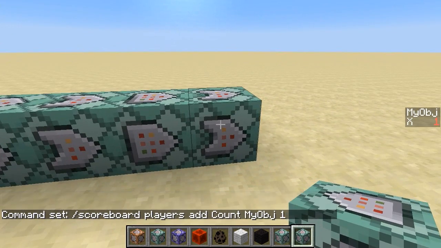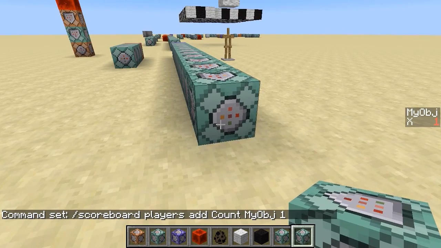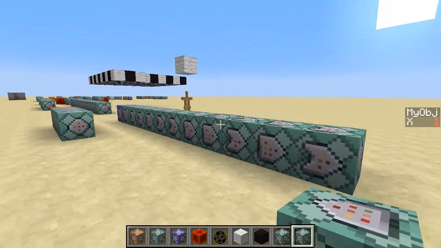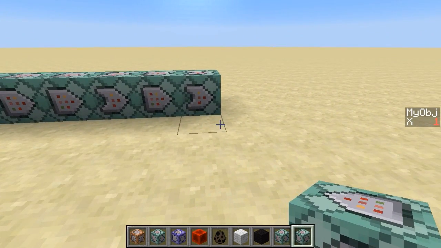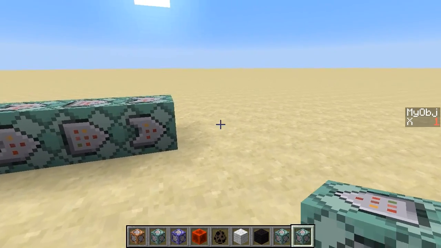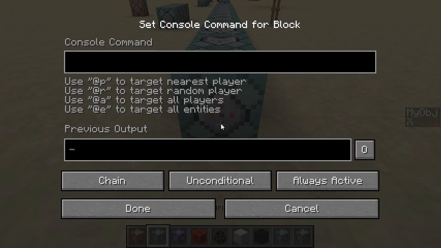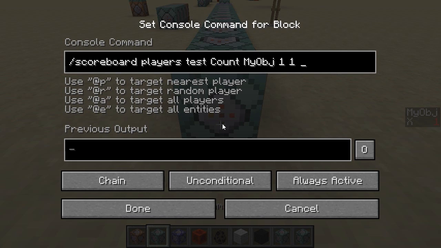I test above and add 1. I test to the left and add 1. And then finally, we have computed how many blacks are nearby. And so if there's exactly 1, I want to place black wool. Otherwise, I want to place white wool. And so I will say scoreboard players test count in my objective. If it's exactly 1, if it's between the value 1 and 1, minimum value and maximum value,